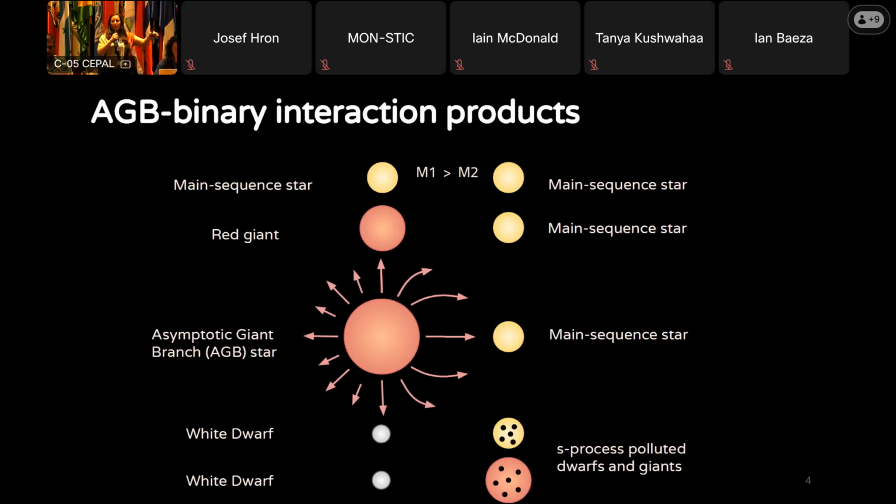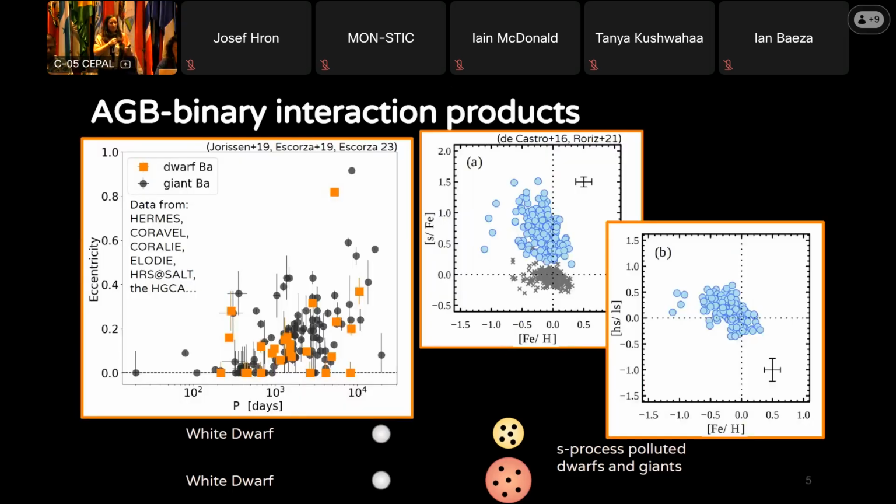Whenever we get to that point that we can evolve hydro long enough to see if the periods look like this. So what do we know about these objects? This is the famous or unfamous eccentricity period diagram that has been shown a couple of times. We know the orbits of about 130, 150 barium and related stars. We also know their chemistry. This is the sample by De Castro that has been completed by Roriz in the last few years. It's the biggest and most homogeneous sample for which we have chemistry of heavy elements of all these targets. It's about 180 systems in those plots.